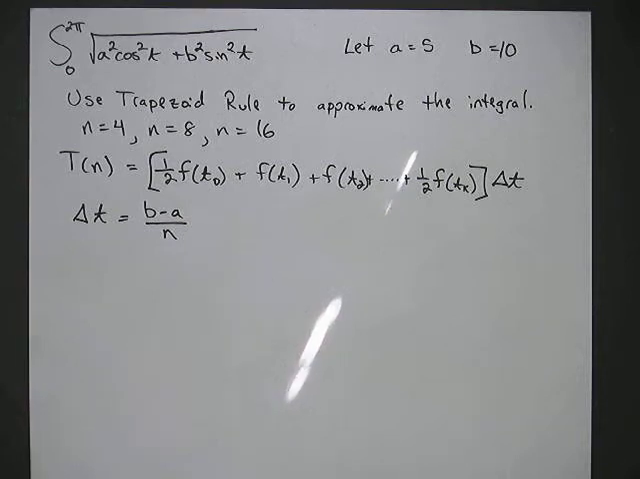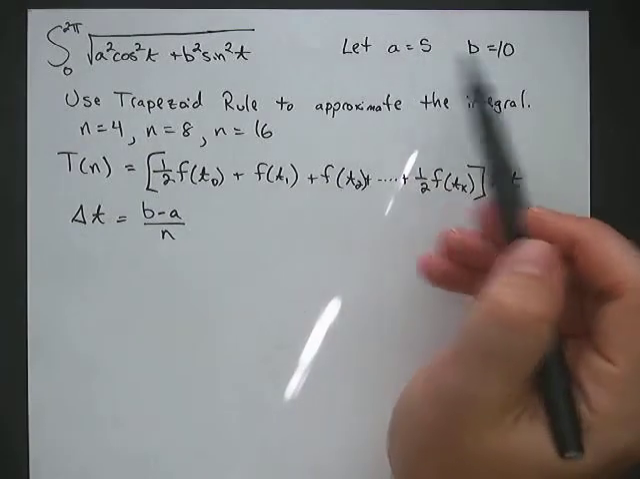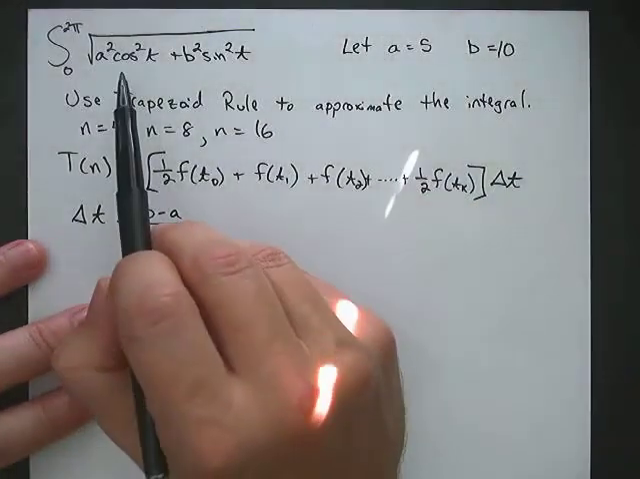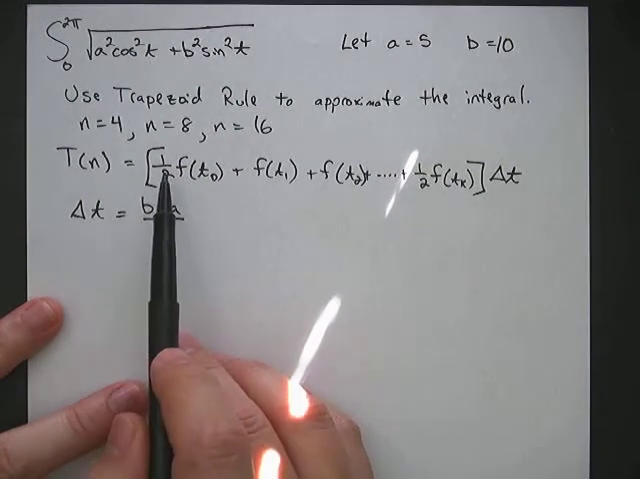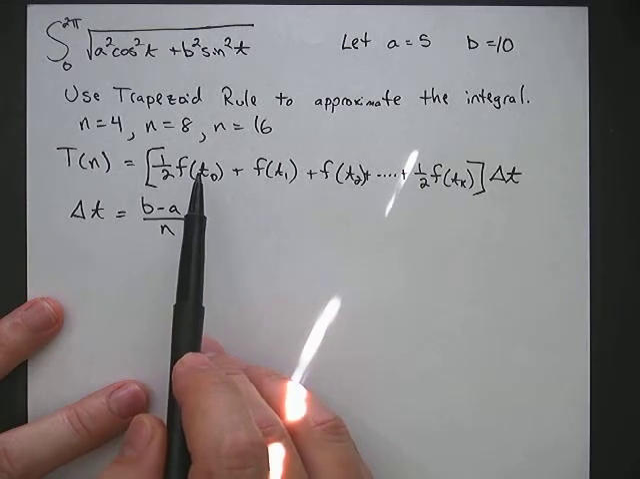In this problem, we're given this integral, and we're asked to use the trapezoid rule to approximate the integral. We're going to use n equals 4, n equals 8, n equals 16. We're also given that a is equal to 5 and b is equal to 10 on this problem, so we'll plug those values in ourselves. And we're given the trapezoid rule here, which is 1/2 times the first value of t